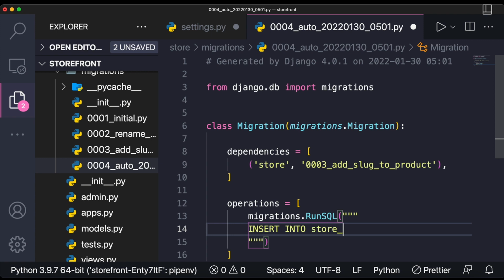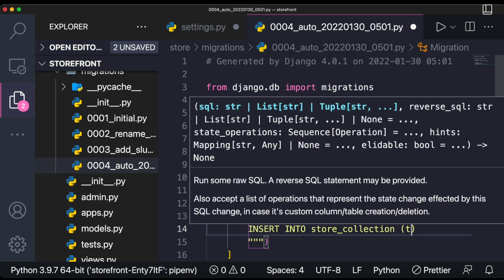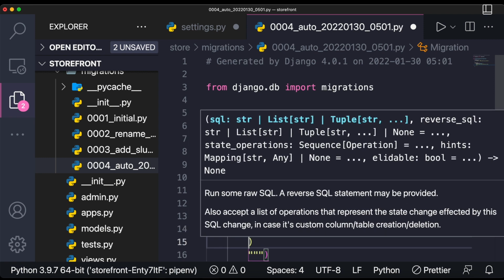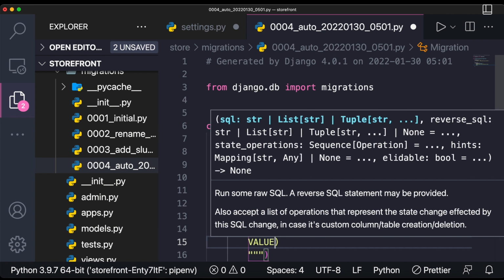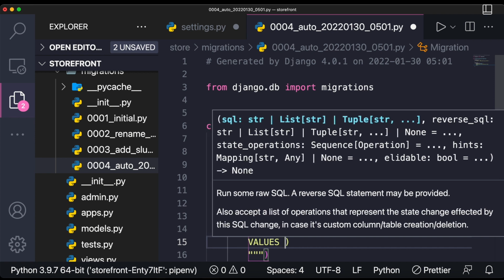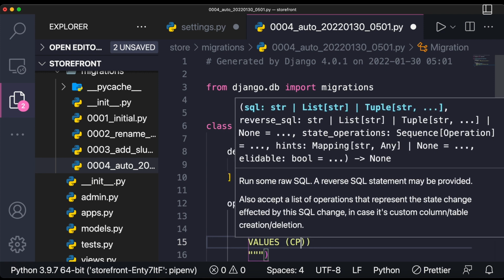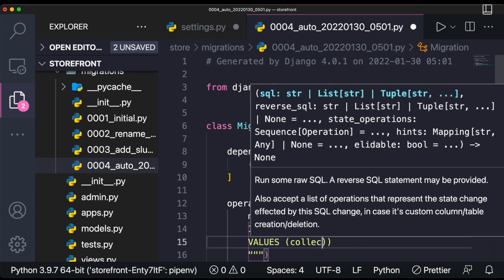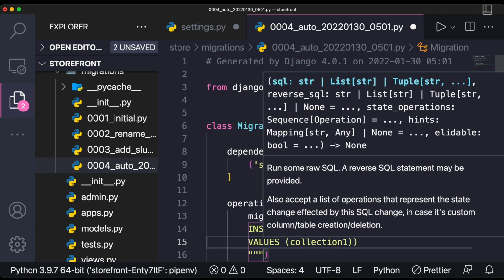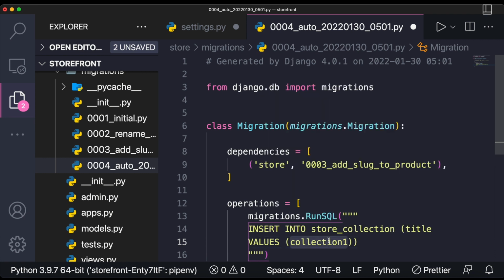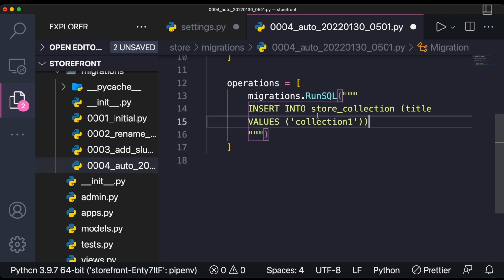ठीक है, एक store collection नाम का एक आपका table. सो आई राइट store collection, ओके, जिसका एक title होगा, ऑलराइट, और values होगी एक, उसका नाम हम क्या रख देंगे, values का नाम रख देंगे collection 1, ठीक है। Collection 1 करके एक value रख देंगे, ठीक है। इसको हमें inside quote डालना पड़ेगा, ठीक है। तो क्या बोल रहे हैं, insert करो एक store collection नाम के अंदर में एक title जिसका values रहेगा collection 1, ठीक है।